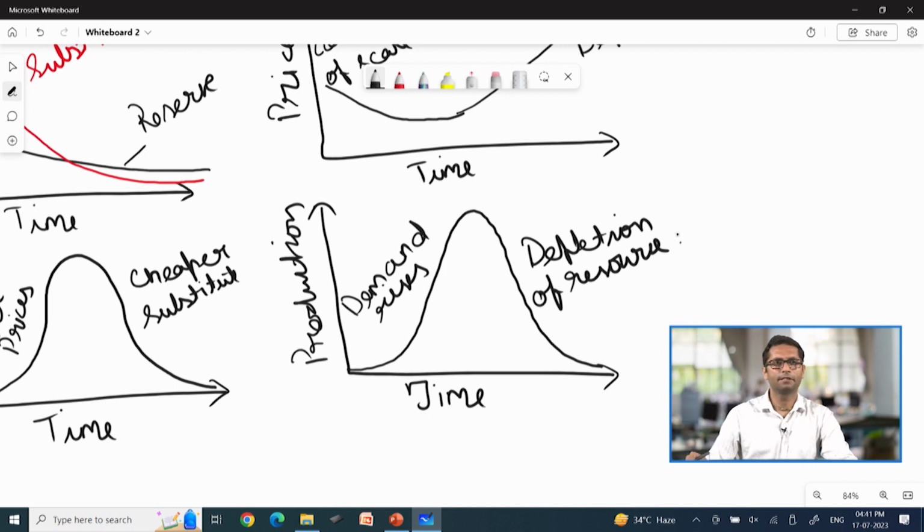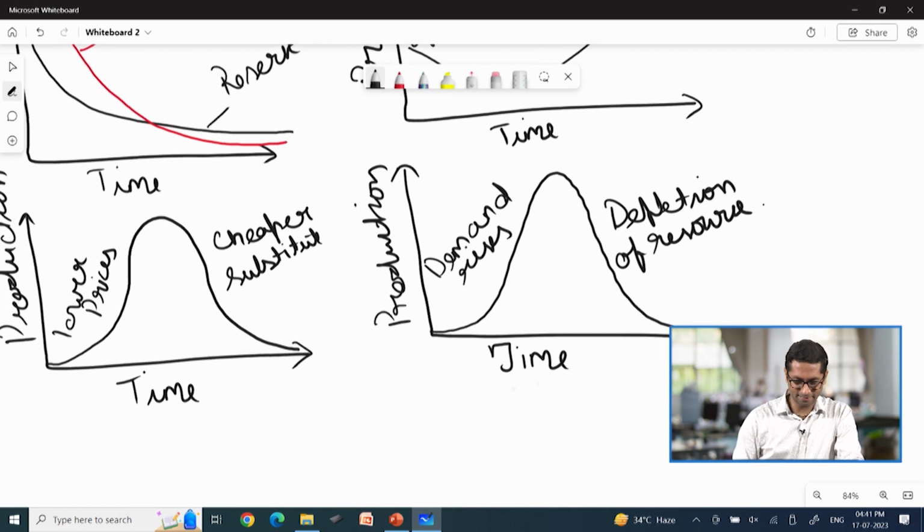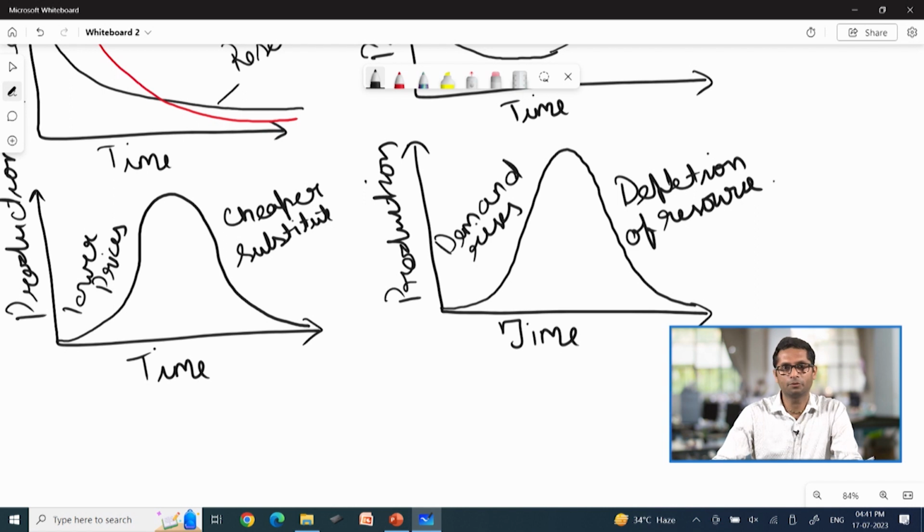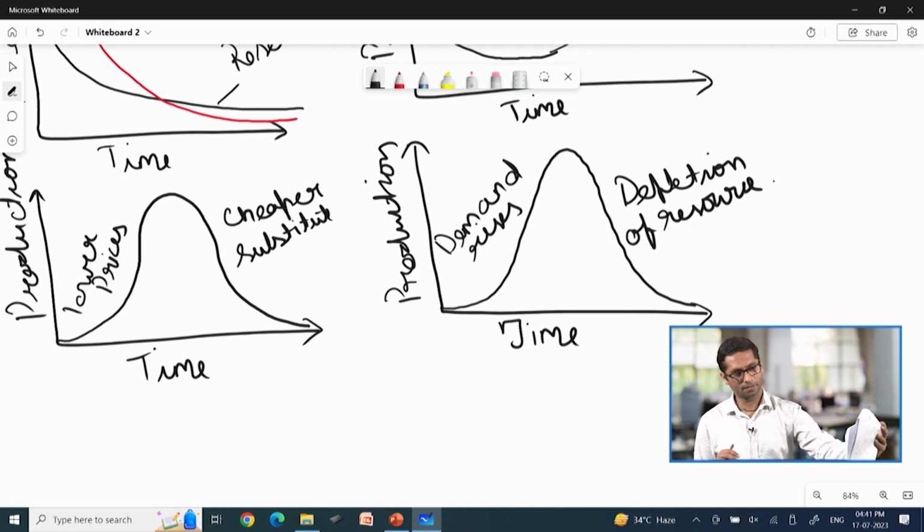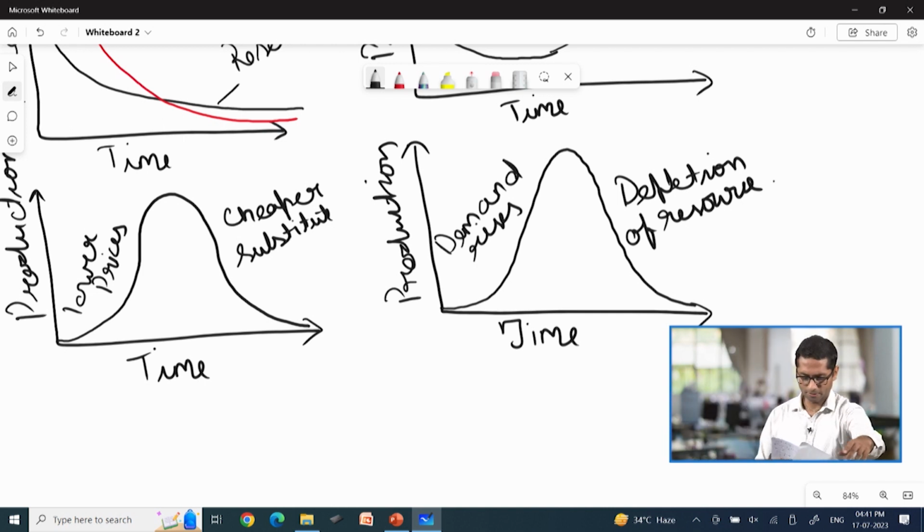So, irrespective of whether we are going for an open market or a closed market, this is what the prediction of the different people have been, like this is the likely trend that is going to be followed for a finite resource. So, let us try to understand if something similar was to be followed by a resource like coal in India, like how do we make an equation for it, and how do we do a prediction for the same. So, this kind of curves were initially predicted by M. King Hubbert,